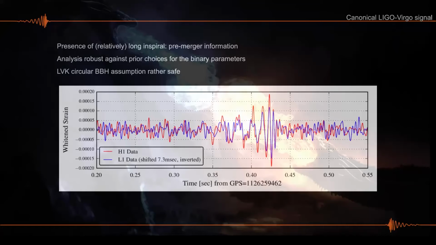Okay. So let's discuss a bit what we get from a typical LIGO-Virgo event. We have a long inspiral, and this means that we're going to get a lot of information from here. And this information is going to allow us to constrain the parameters of the two bodies that are in the inspiral. And that's an advantage to infer the merger, because general relativity tells us what the final object should be. So in reality, most of your information about the final object is going to be coming from here.